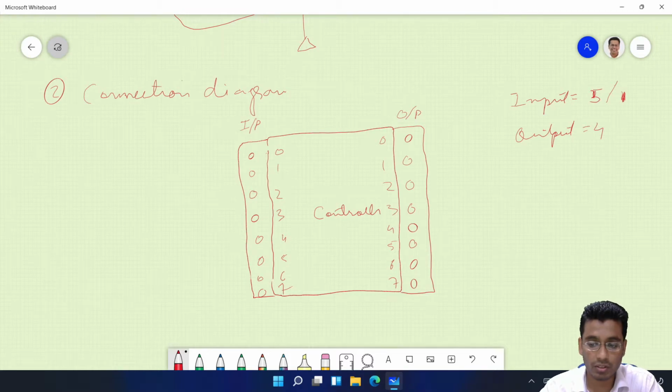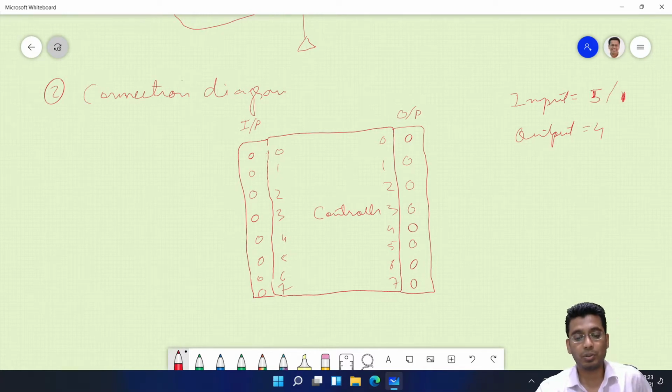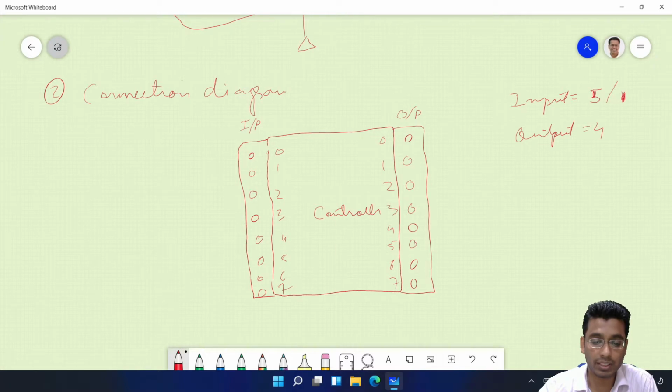Someone has said 1. What is that 1? Sir, the push button. The push button, okay, fine. Someone has said 5. What are those 5? Sir, 1 will be the push button and 4 will be for the sensors for each position. Now is it clear to you, someone who had said 1? The sensors will give you some data, so how are you going to process that data?